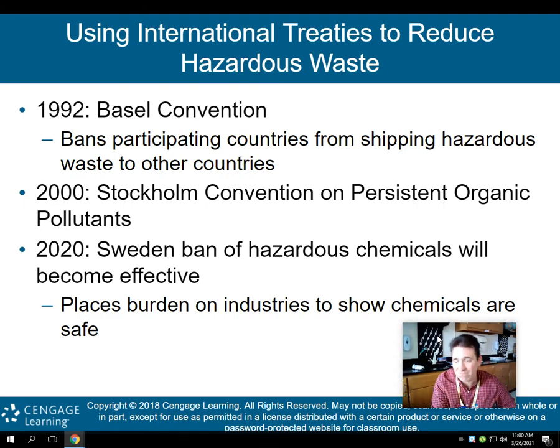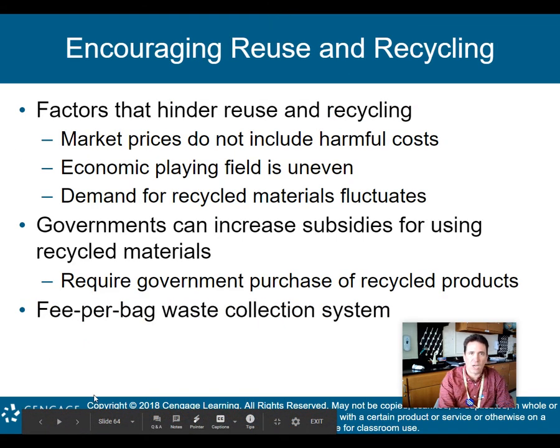And again, that's where we need to head, right? Instead, you need to place the burden on the industries to show that they are safe, not the other way around. Right now, it's kind of the other way around: unless they've been proven to be hazardous, there's no regulation. Well, in Sweden, it's flipped. Basically, if they're not proven to be safe, then they're hazardous. Okay, and we need to do that a little bit more in this country and in other countries as well.